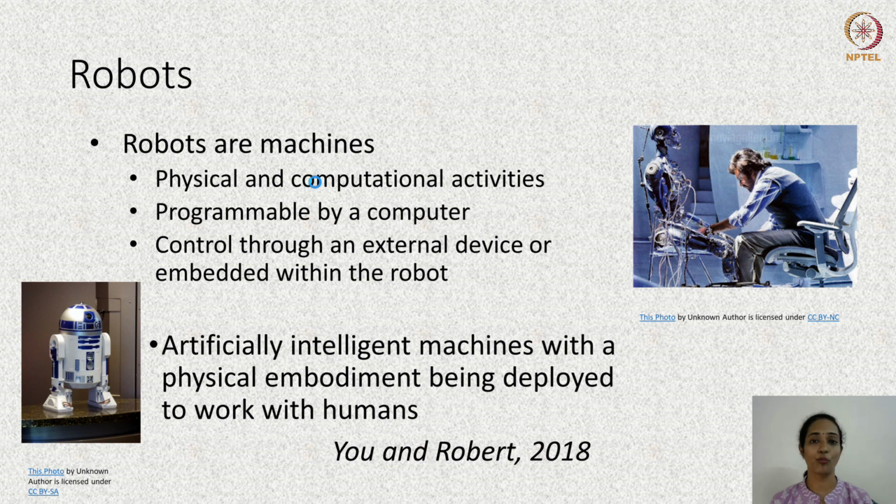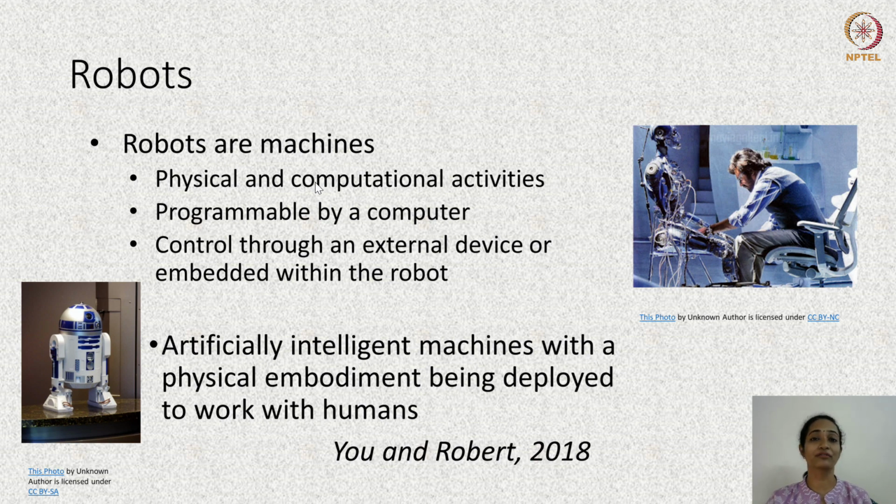Why are we looking at robots specially? The fact that they have a body means that there is a possibility of physical interaction between the human team member and the robot. We have to be careful to program the robot in such a manner that it does not, first of all, cause any harm to the people who are working with it. And it is because of this, the fact that it is embodied and therefore interacts on a physical plane with the human members of the team, that we are looking at robots in special.